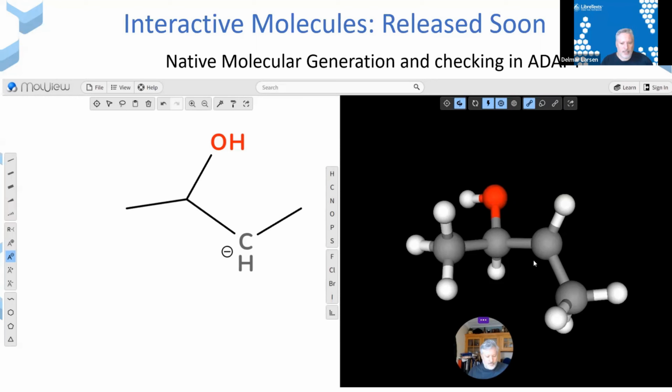Mohammed has his hand up. So Mohammed, do you want to jump in? Yes, you mentioned that we can transfer the questions from Canvas to Adapt. Is the reverse possible? Can we download it as QTI file and upload on Canvas? In principle, yeah, we haven't implemented an export option.